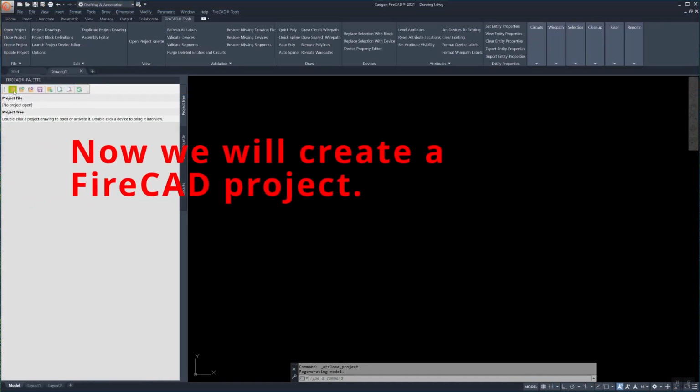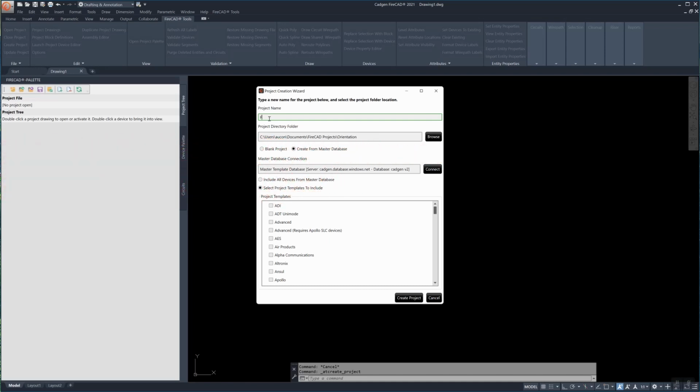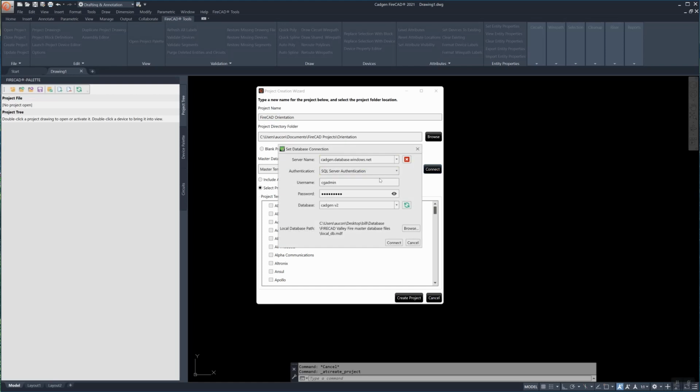At this point, we're going to choose the icon in the upper left of the FireCAD palette to create a project. The first thing we do is give the project a name. Any name will do, and we can change it later if we want to. And then we locate where we're going to put the project in the folder that's going to serve as our